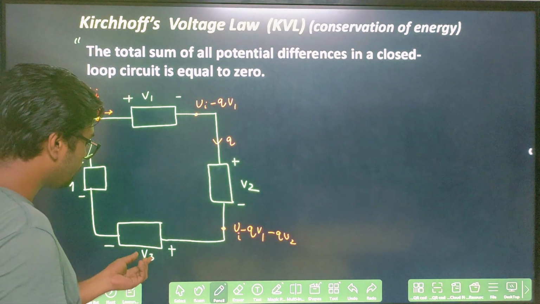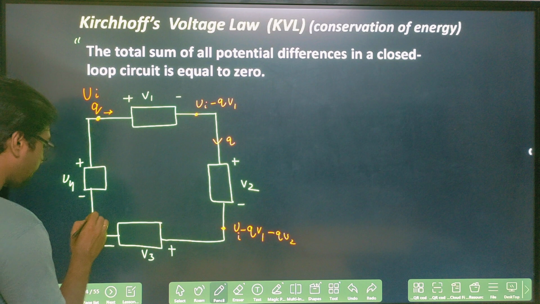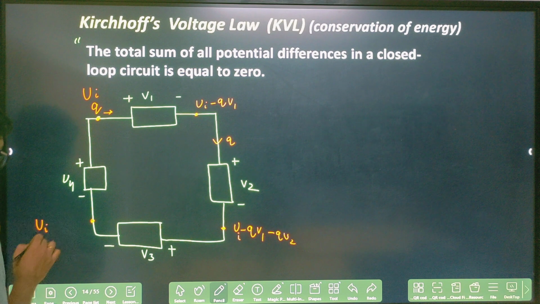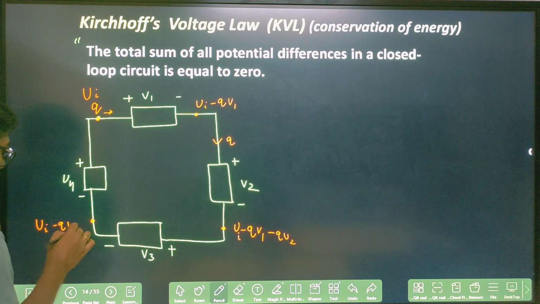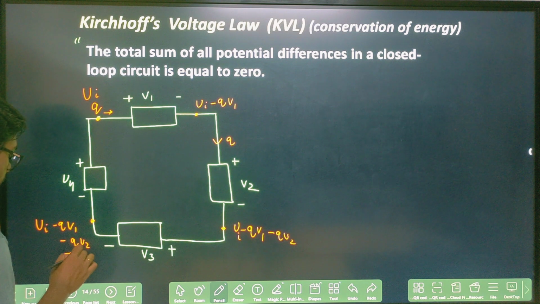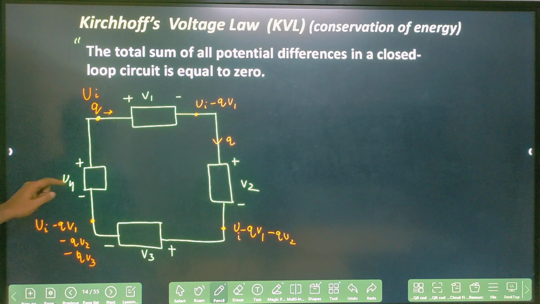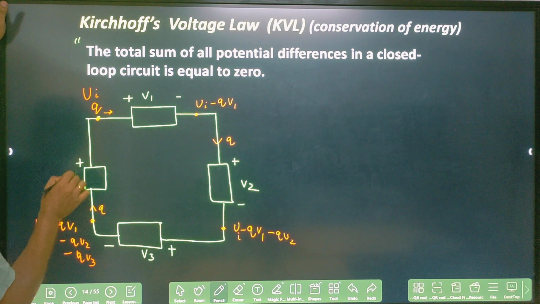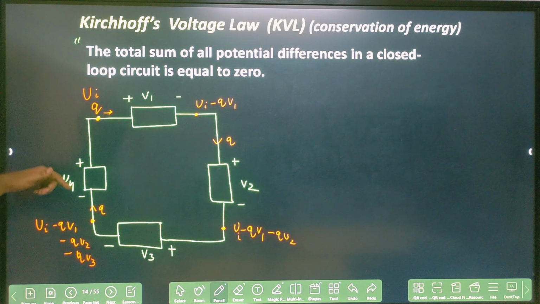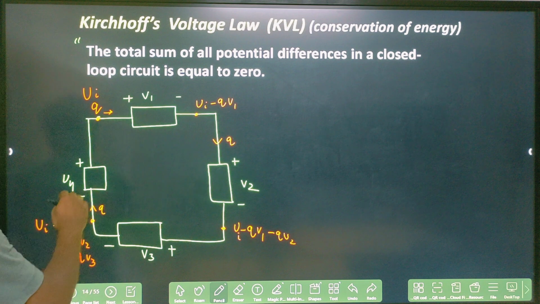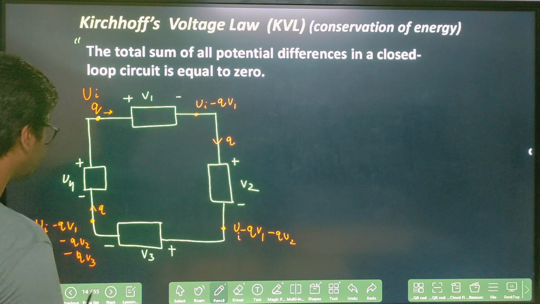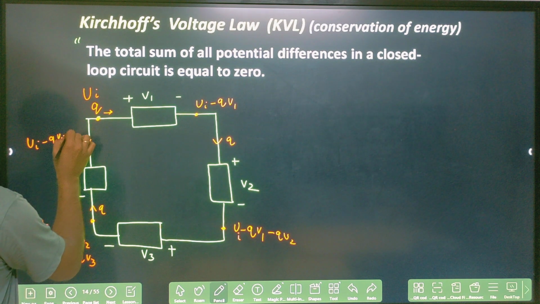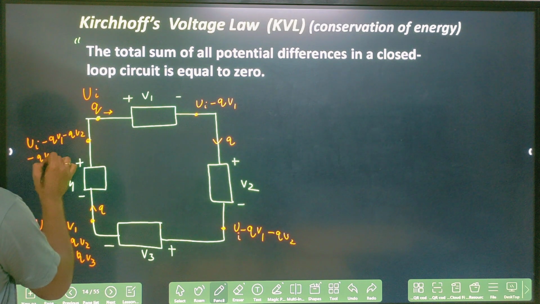So the charge is flowing along this direction, this is positive and this is negative, this is V3. Now what will happen? Again it will lose some amount of energy. How much energy will it lose? Q into V3 amount of energy it will lose. So here the energy will be UI minus Q V1 minus Q V2 minus Q V3, right? And the charge is flowing here again, and here what will happen? It is moving from negative to positive. Negative to positive means there will be an increase in potential energy. How much will the potential increase? V4 into Q, right? So here if I write the potential energy, you will say that UI minus QV1 minus QV2 minus QV3 plus